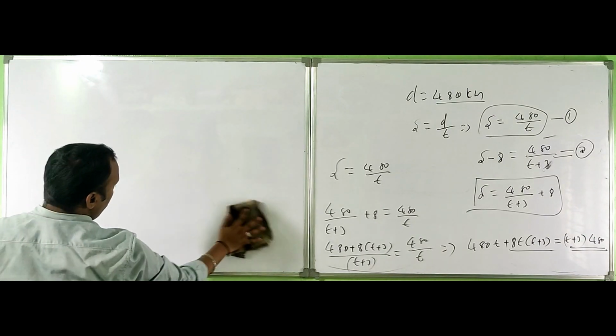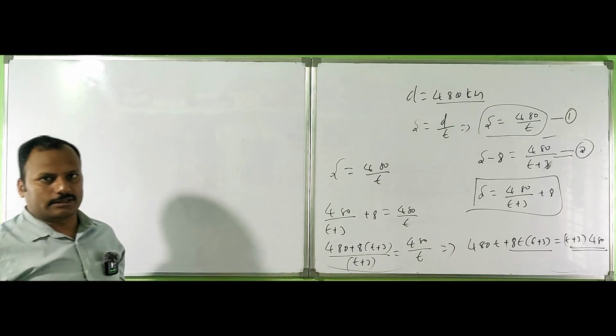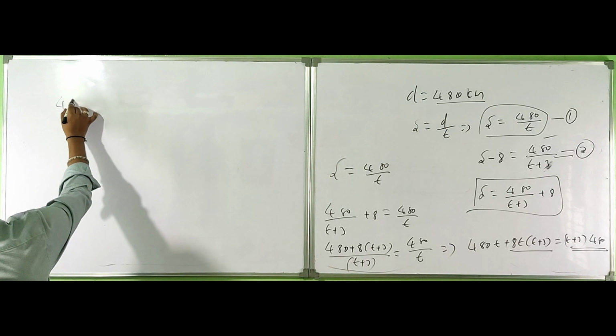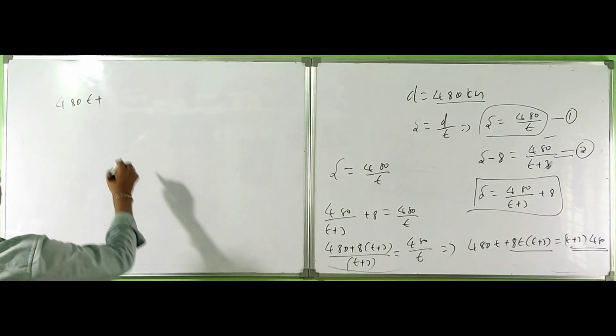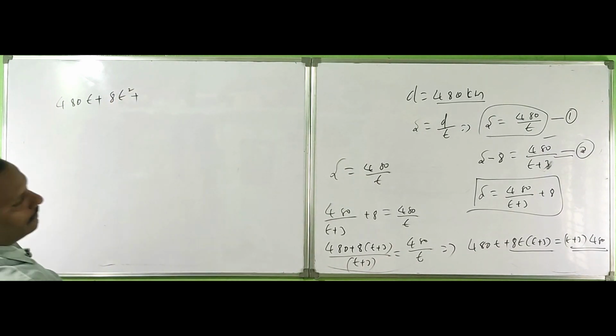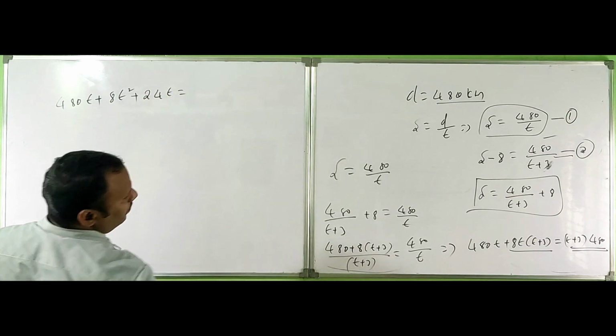This may look complex, but only the calculation part is complex. 480t plus 8t square plus 8 into 3, which means 24t, is equal to